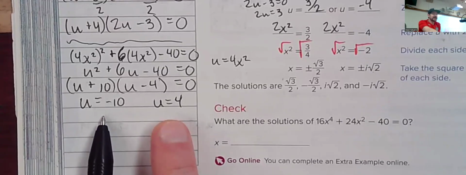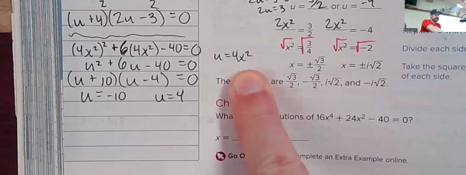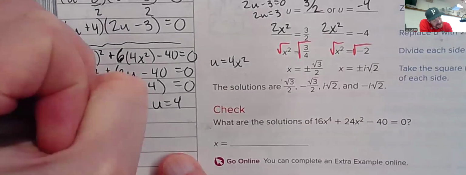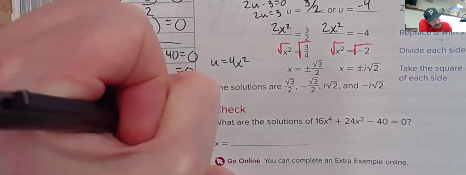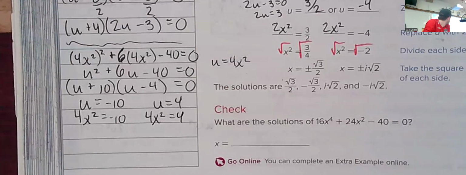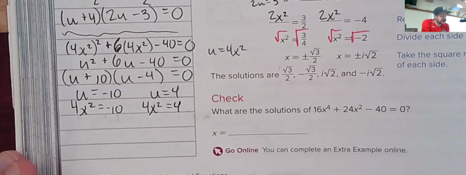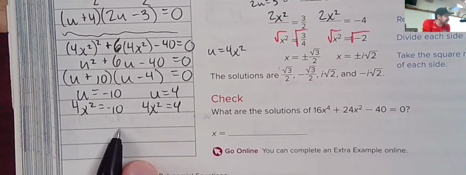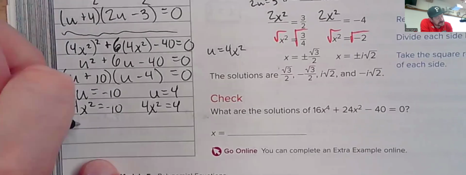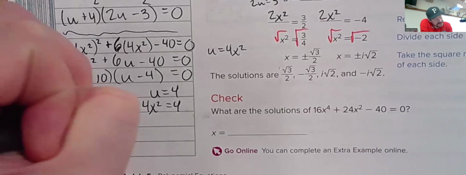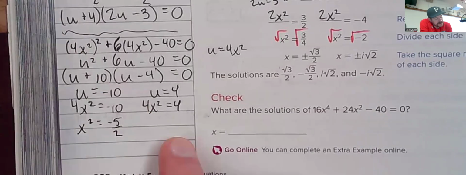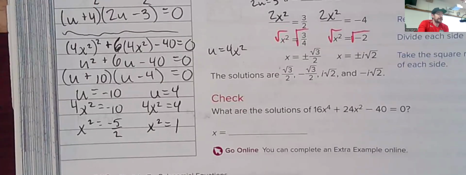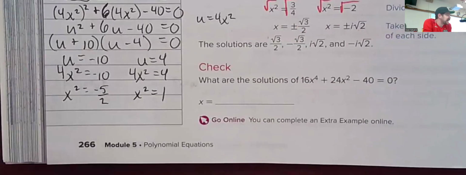Now we're going to swap back in the thing that u actually equals, which is 4x squared. So we're going to have 4x squared equals negative 10, and we'll have 4x squared equals 4. And then we can divide by 4 over here, which would be negative 10 fourths, which would be negative 5 halves. So x squared equals negative 5 halves. And then over here, x squared equals 1. 4 divided by 4 is 1. And then if we square root both sides,